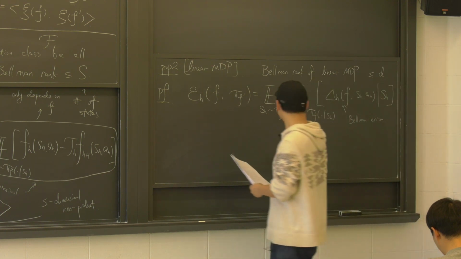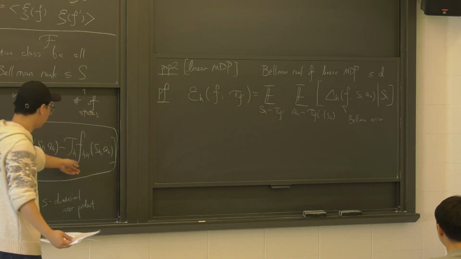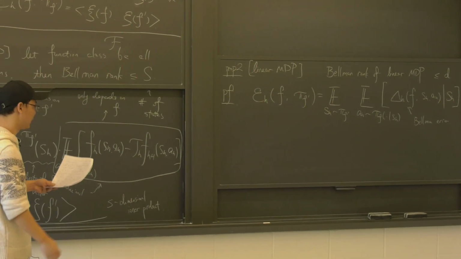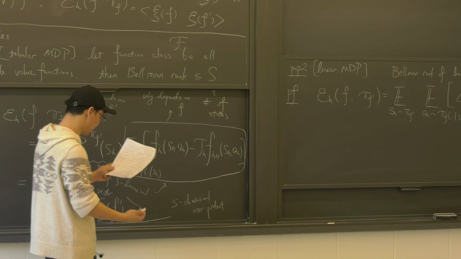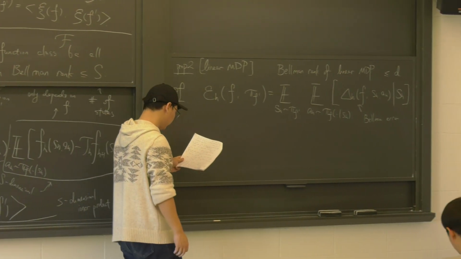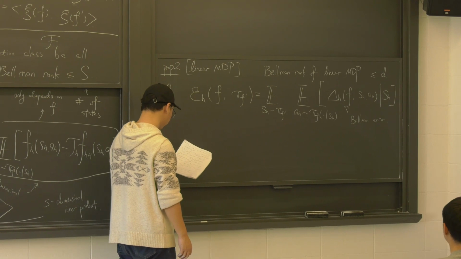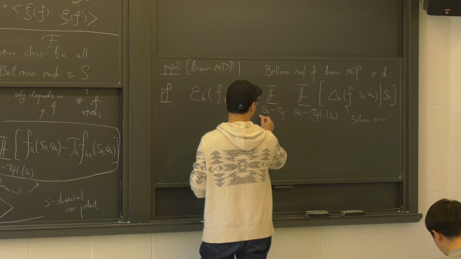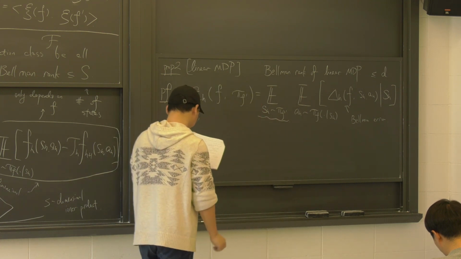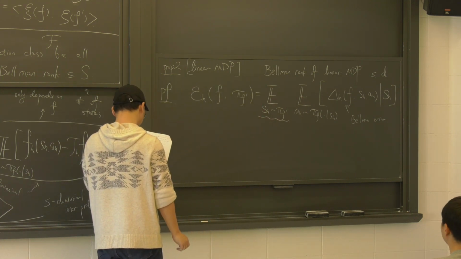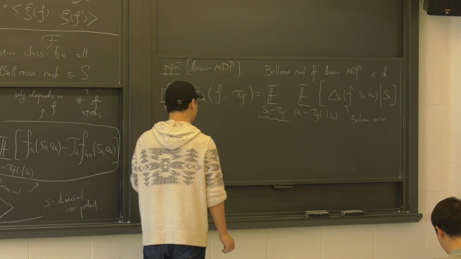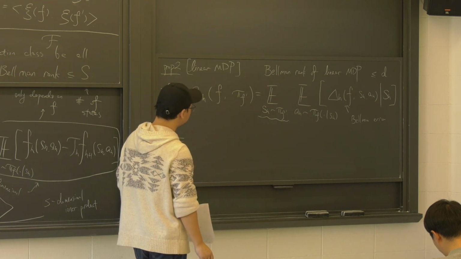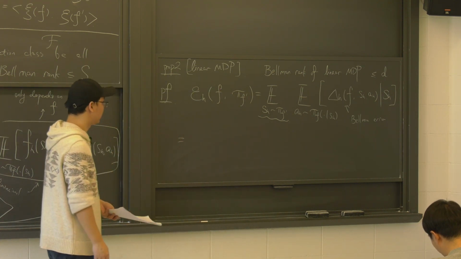I just use the notation f minus T_H f_{H+1}, and denote it as delta to avoid repeatedly writing Bellman error, Bellman operator, and a bunch of things. So now we need to expand out this expectation. For the linear MDP, one thing we can leverage is that the transition is